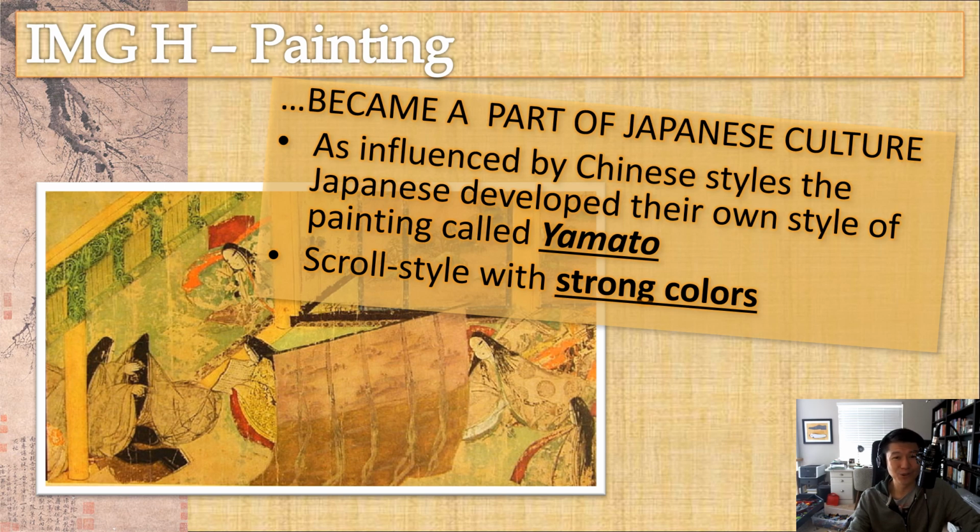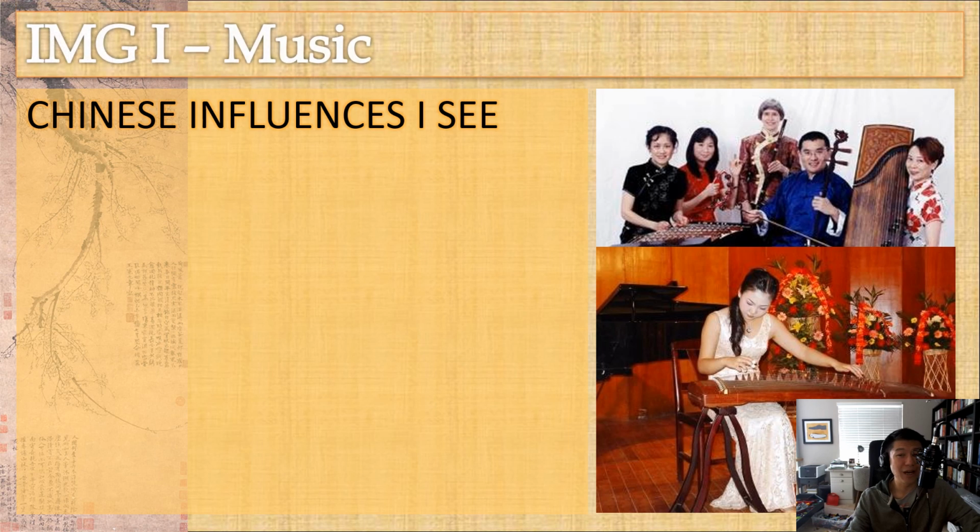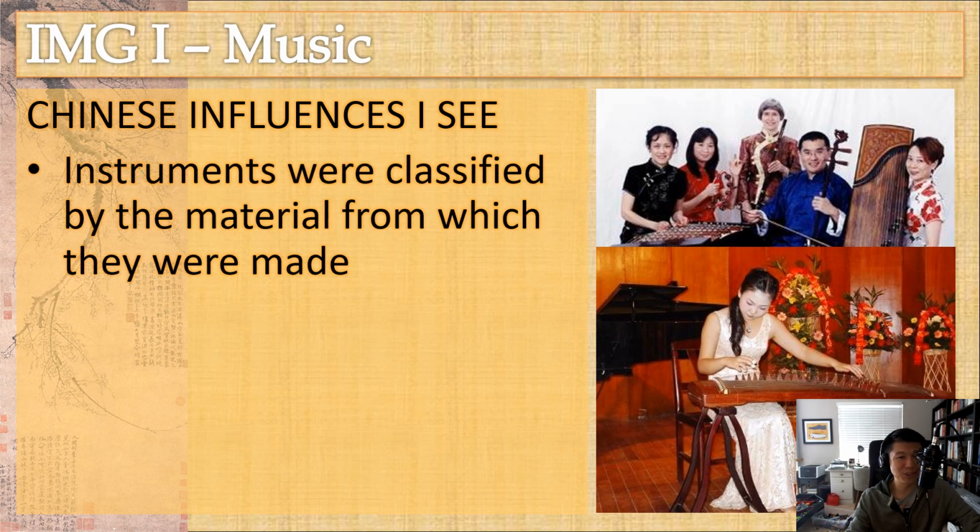This would become a part of Japanese culture in what is known as the Yamato style of art. In a similar way, horizontal scrolls with very strong colors. This is an image from one of the most famous literary pieces in Japan, The Tale of Genji. Very much so, like in China, nature and the reverence of nature was formed in these particular arts, but we actually do see a number of people, which isn't usually in Chinese art, that would be implemented in the system.